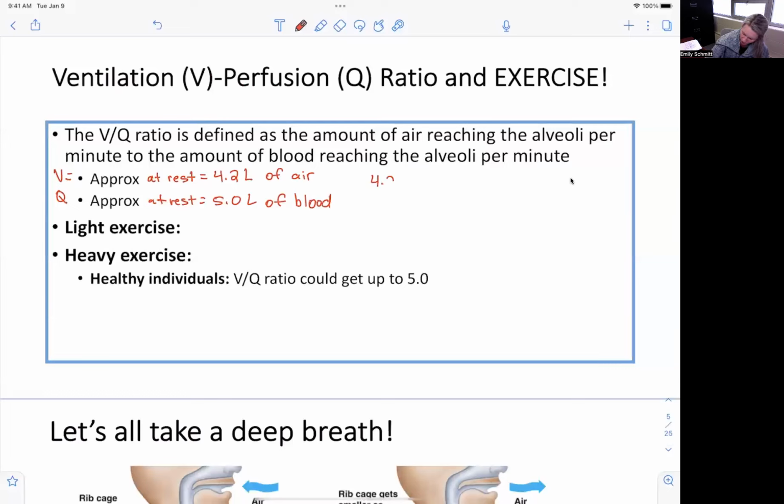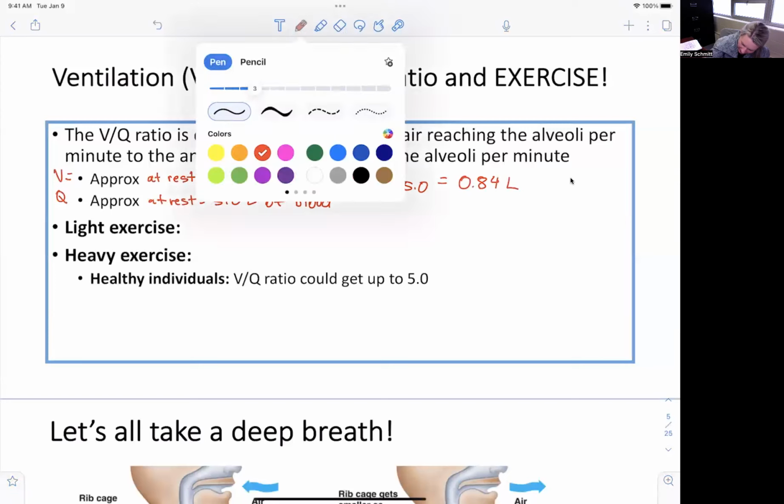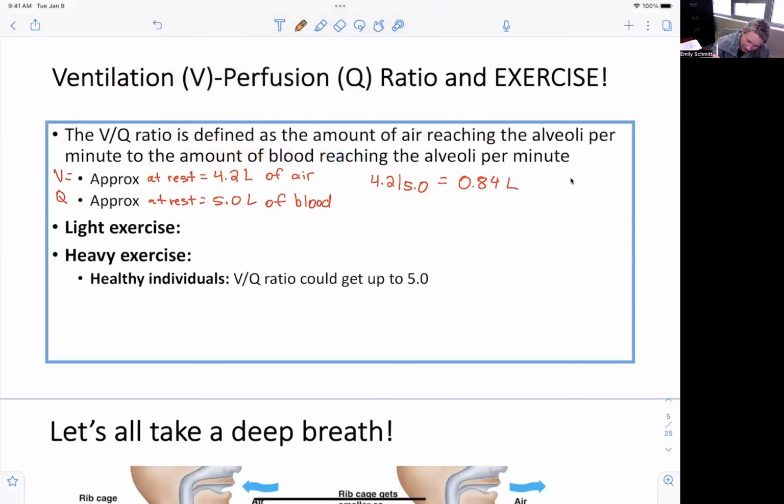So with our 4.2 divided by 5.0, that equals 0.84 for our ventilation perfusion ratio at rest. So now let's talk about light exercise. At light exercise, our VQ ratio doesn't change a whole lot from our resting state, maybe goes up just a little bit. However, with heavy exercise, we actually see